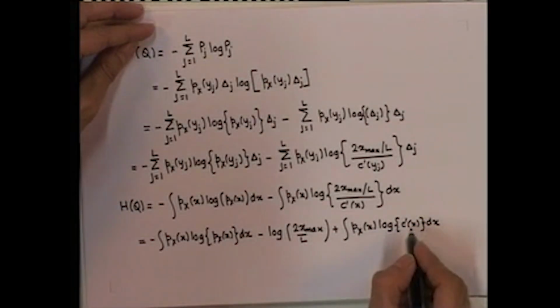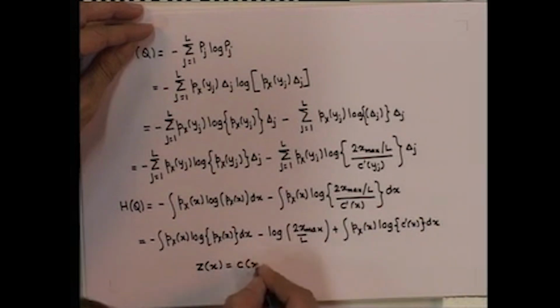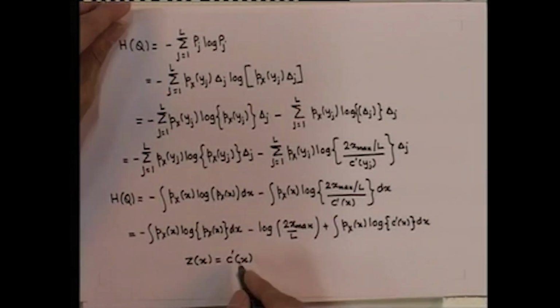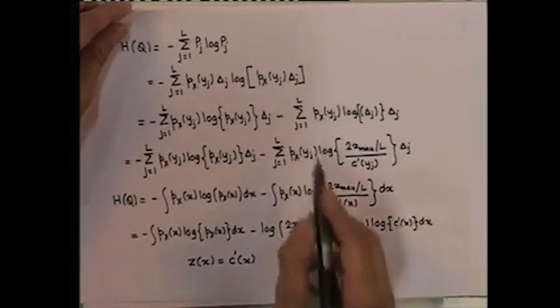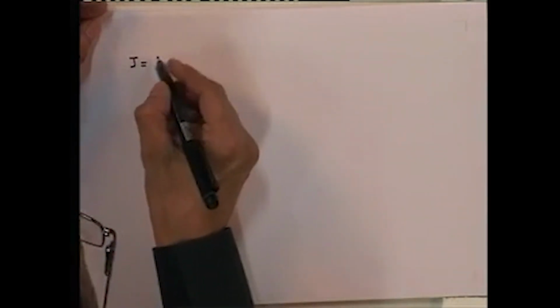Now, let us make a small substitution as z x is equal to the derivative of C x, and if we do that and rewrite the expression and also write the Bennett integral for distortion in the expression for j, we will get as follows: j is equal to